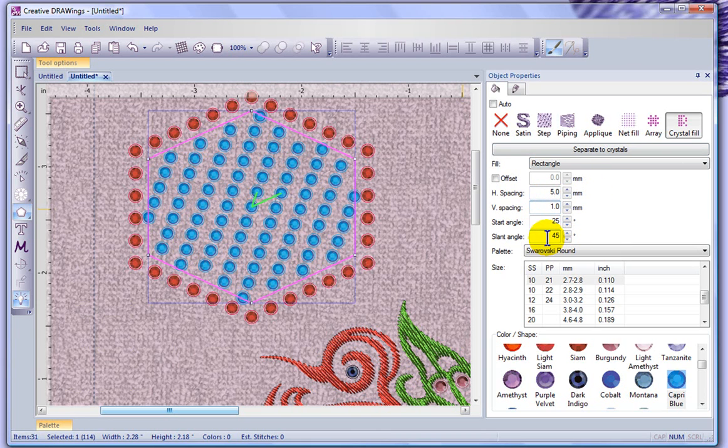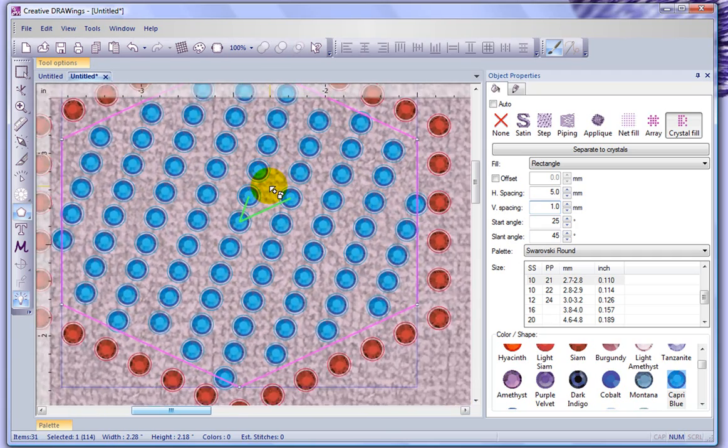Depending on what you put in these different situations, this is basically how you can change it mathematically or numerically. But you also have this little green angle line which you can control your pattern with. So for example, if I zoom in a little bit more closely,